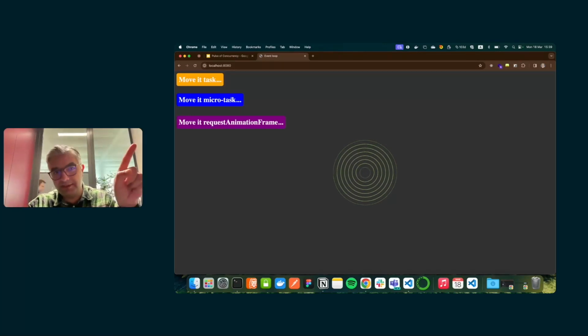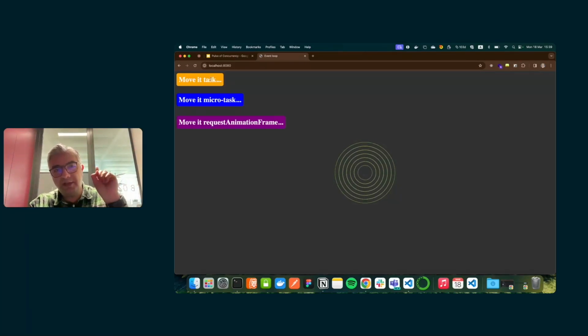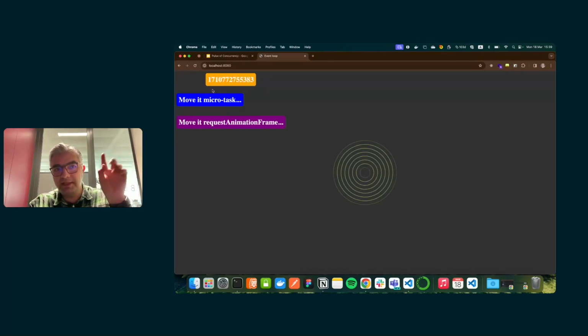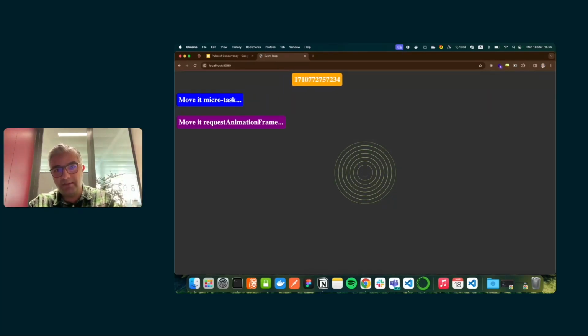How about microtask? Let me click on task first to see some movements. 1, 2, 3. See? Everything just froze. Why? Because of the pick logic that we talked about.